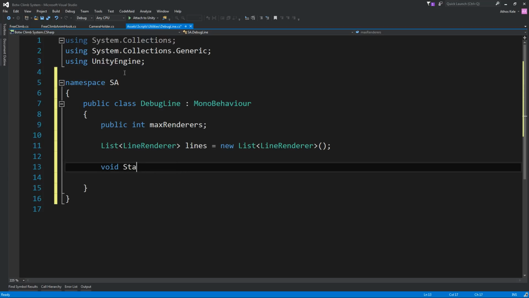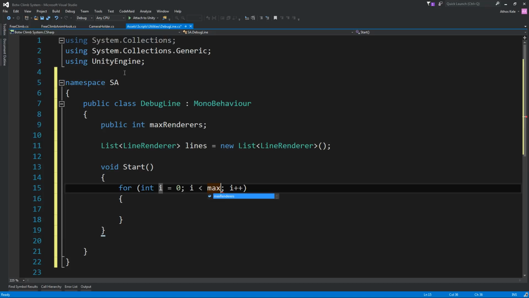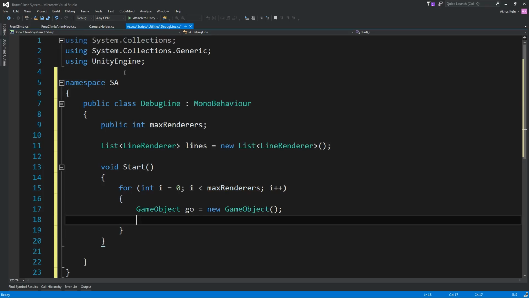And on start we're going to create a new game object, and then we're going to be getting lines.add, geo.add component line renderer.